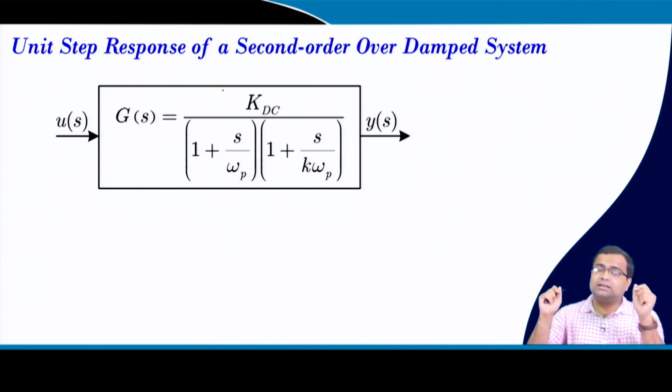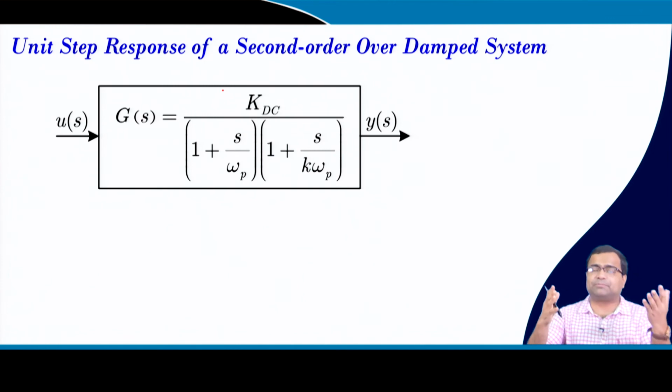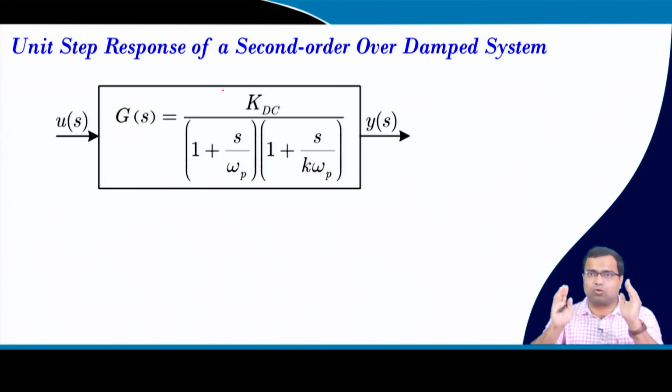But will this transfer function response be exactly identical to a first order system? If you want to characterize experimentally a system which is an overdamped second order and a system which is first order, how do you check their performance by means of a step response experimentally, whether the system is second order or first order? Definitely they will not be exactly identical; they will be close, but there will be some difference.